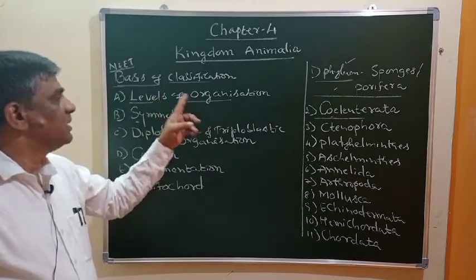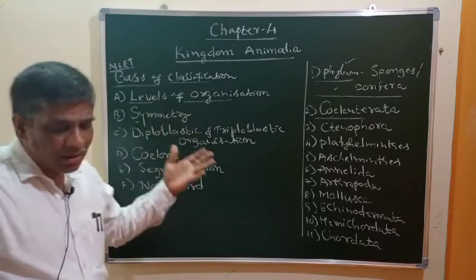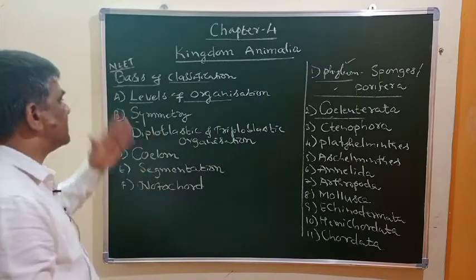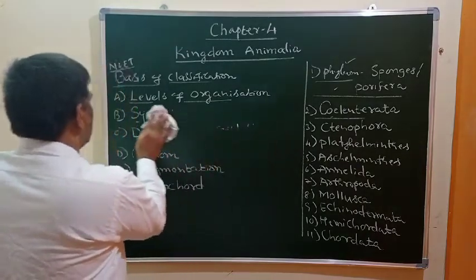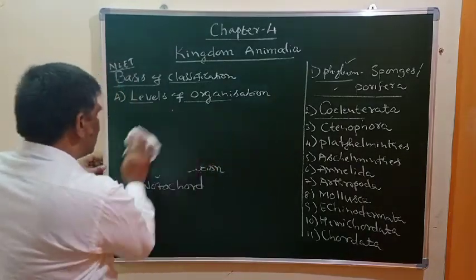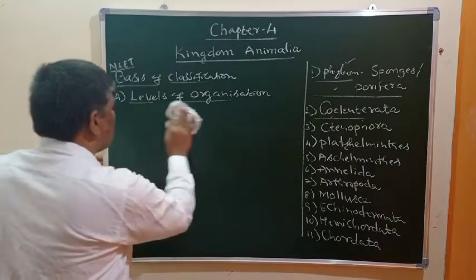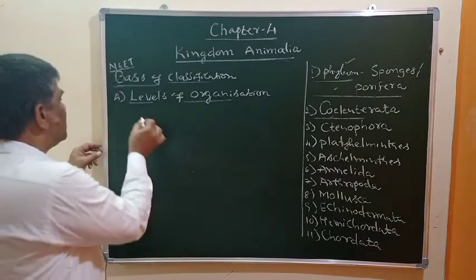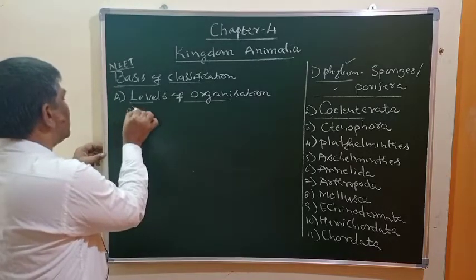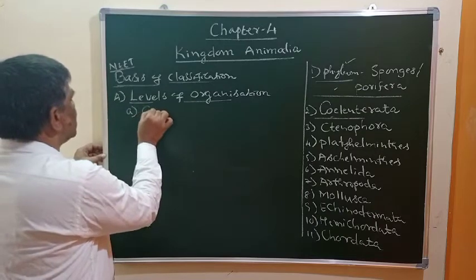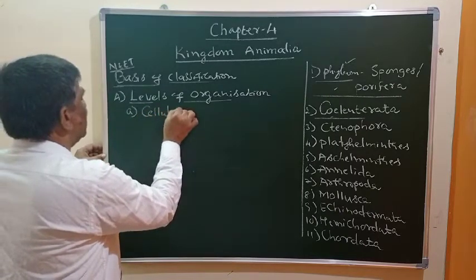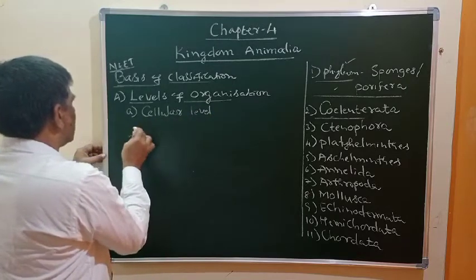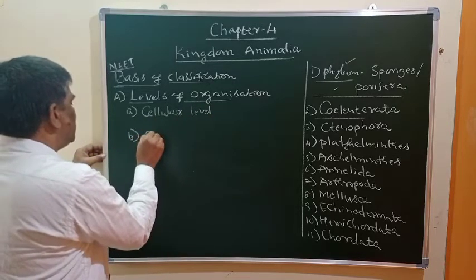What is the meaning of levels of organization, and are there any types of levels of organization? Levels of organization means how the body level is present. In this we have to study three different levels of organization. The first one is called the cellular level of organization, and another one is called the tissue level of